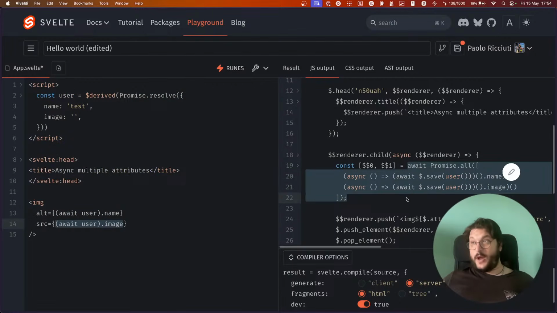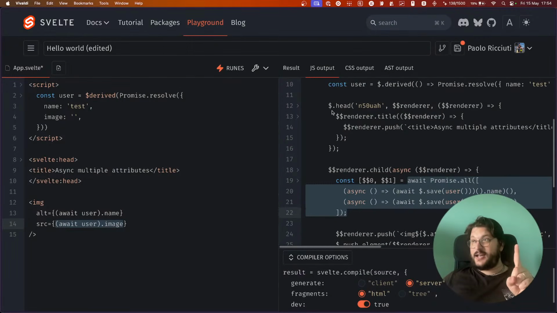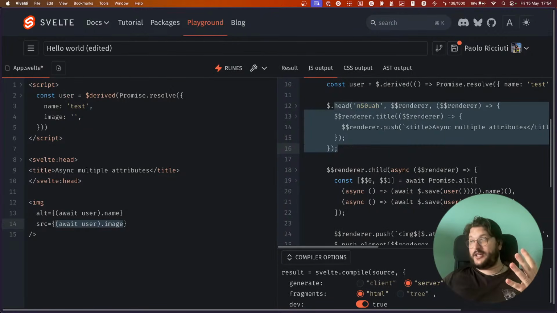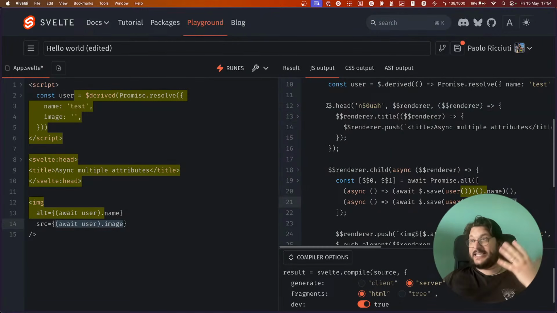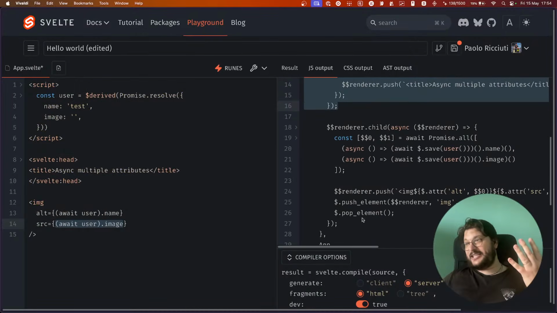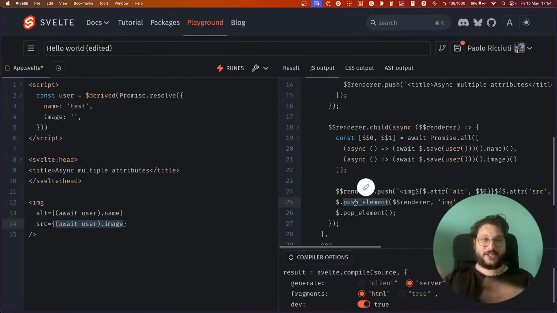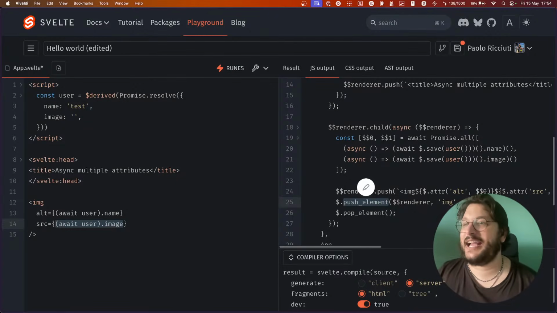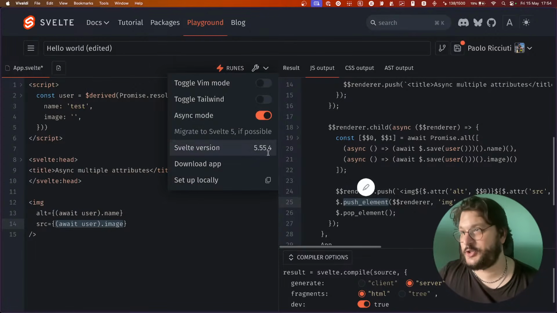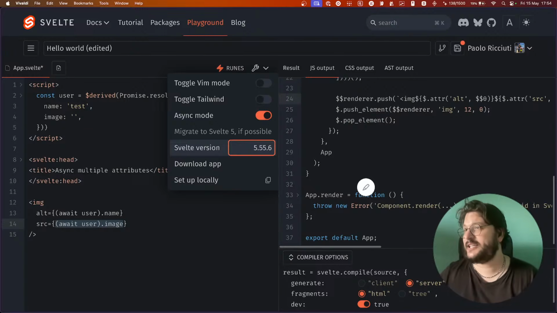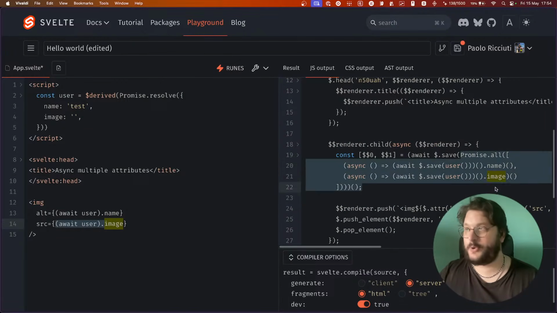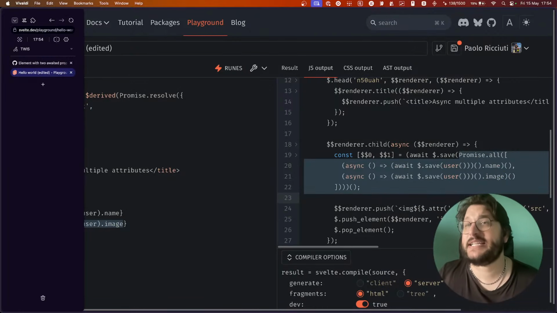You are still awaiting promise.all, so you wait an extra tick. And since you wait an extra tick, after that the head set the context to null. So the context that was restored here is nullified by the head. And so when you reach push element, it tries to read the context and it's not there and it fails. The solution was actually pretty easy. It's just to wrap the promise.all with save also. So pretty easy fix.